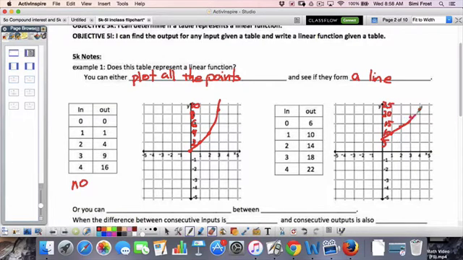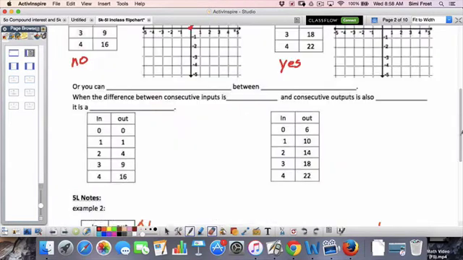If you did a pretty good job of plotting your points, you should see, whoops, this does form a line here, even though I can't draw straight. It does form a line. So one way you can find out if a table is linear is just plot the points and see if it forms a line. But let's say we don't have a coordinate plane there for us. Another way, you can find the change in output